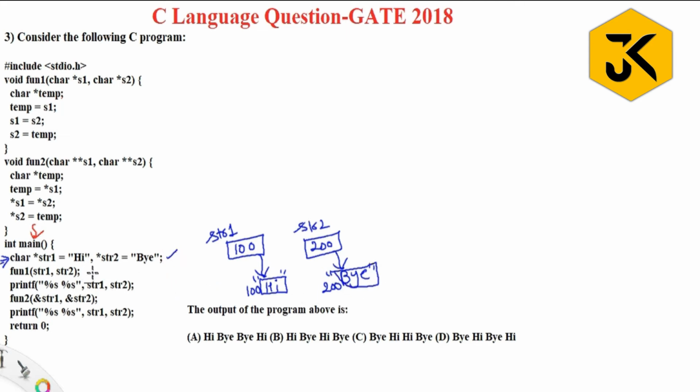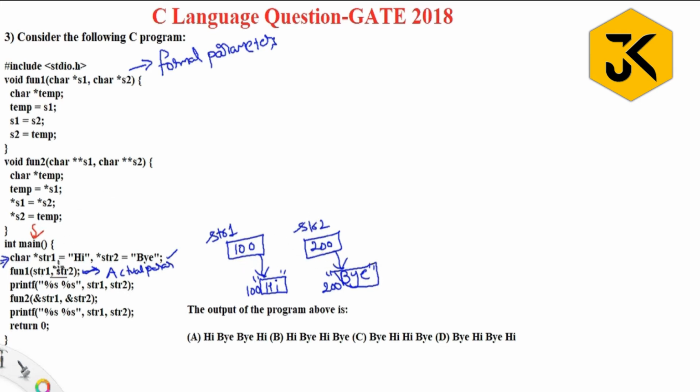Next, it is going to call a function by the call by value mechanism. These we can call actual parameters, and function 1 is going to pass some values. Those values will be retrieved by this function, so the parameters here we call formal parameters. Here str1 contains the value 100 address. str2 contains address 200.